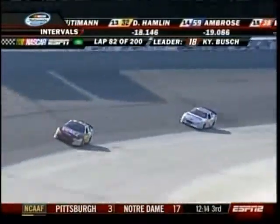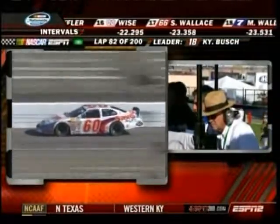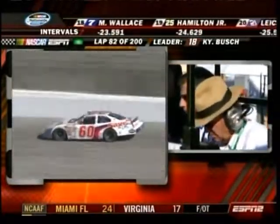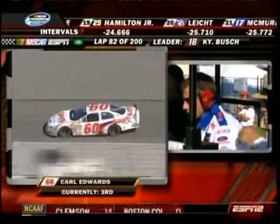Clint Bowyer running for the championship. Carl Edwards said this past week that he felt he had the advantage because he was coming from behind. So I guess that's how Clint Bowyer felt coming into today's race, huh, guys? Absolutely, and you got to just do the best you can and maybe be able to hold on. And there is